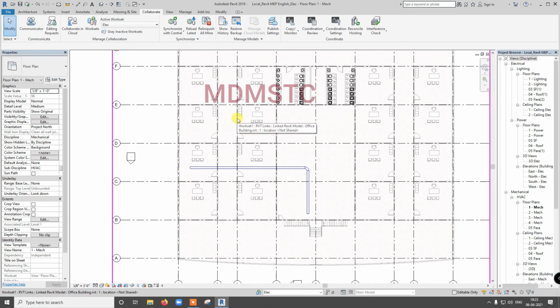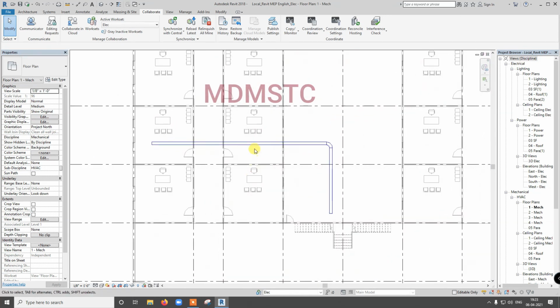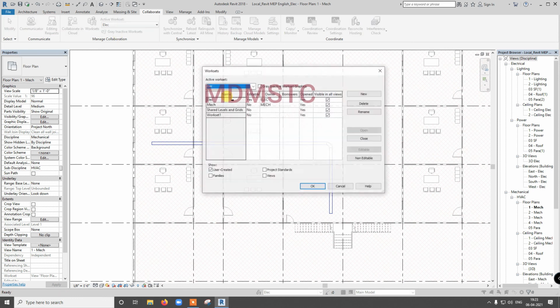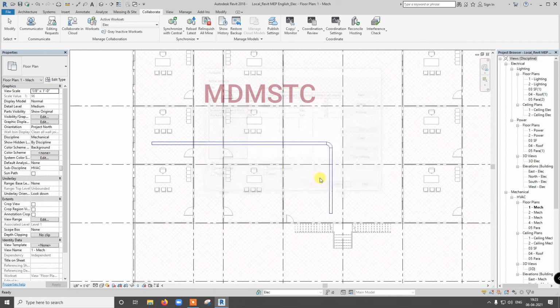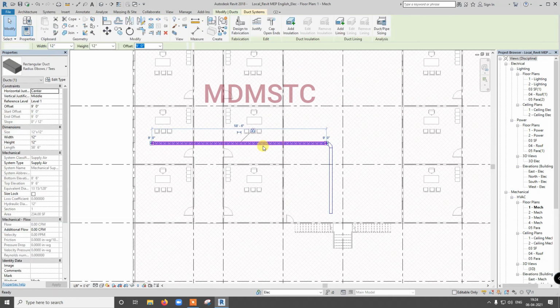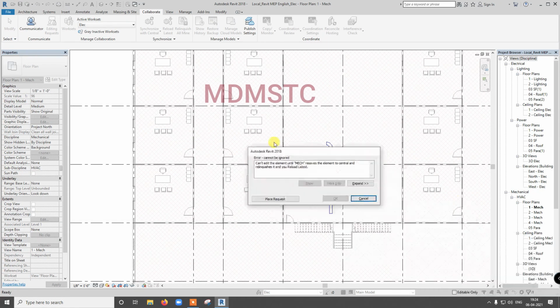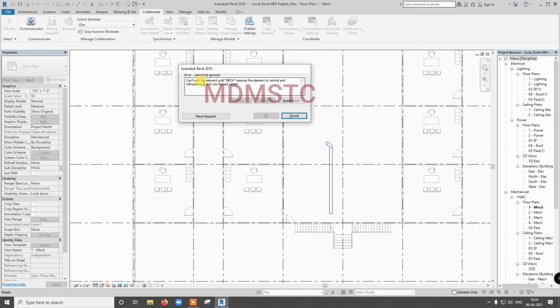What I am going to do now is delete this, because by this we can understand what will happen if somebody has ownership of that work set. Cannot edit the element until it is saved to central and relinquished and you reload latest.